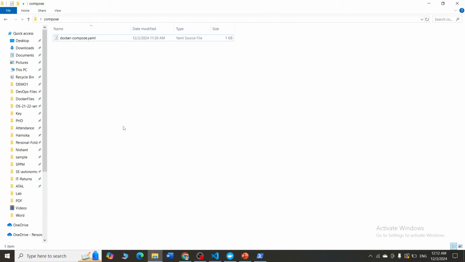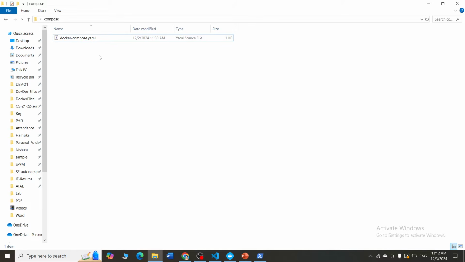So the first thing we have to do is to create a folder and give it a name. I have given a name as Compose. Now inside this folder, I will be writing my Docker Compose YAML file. First of all, what do you mean by a Docker Compose YAML file?